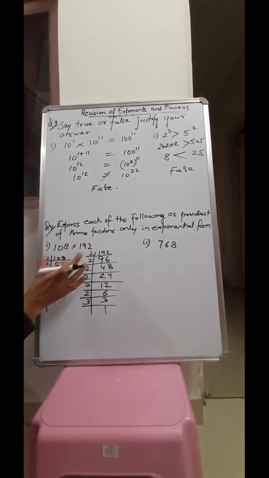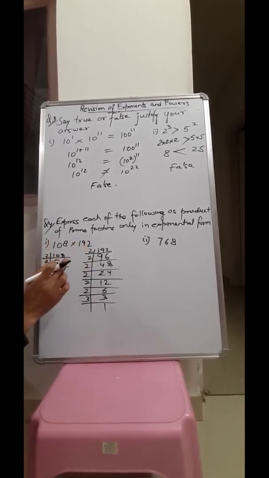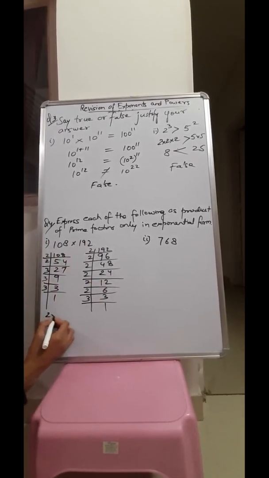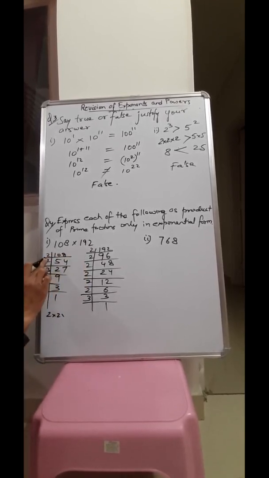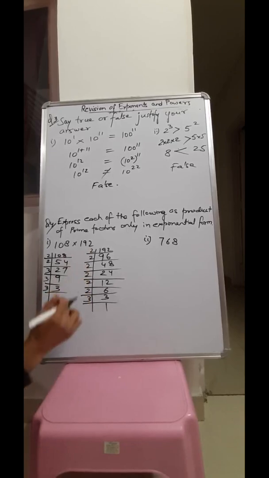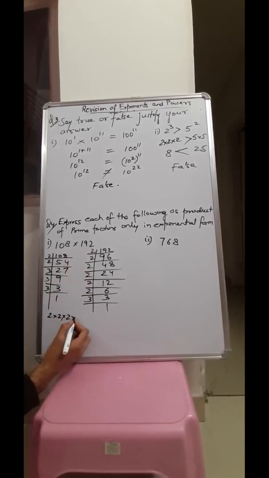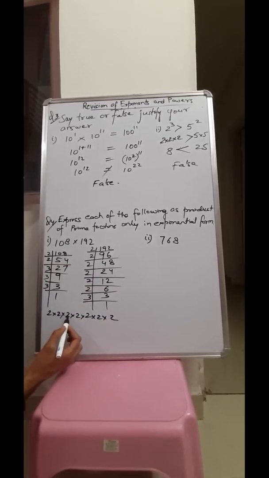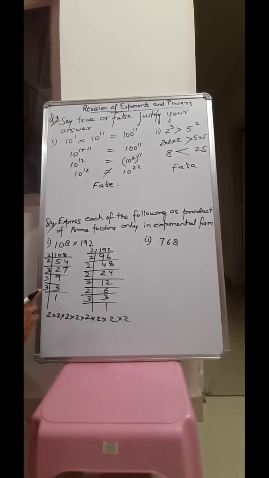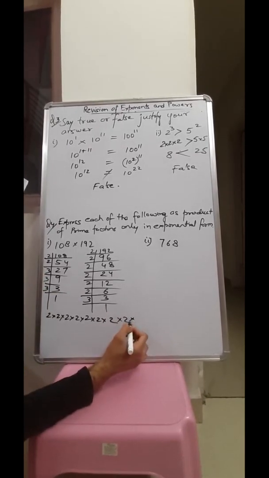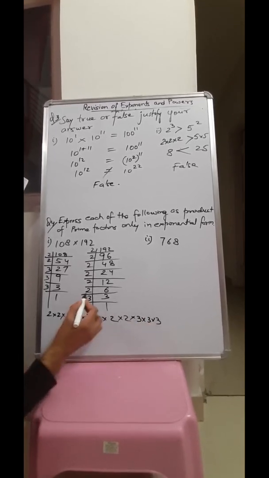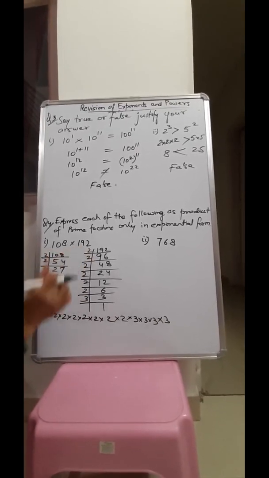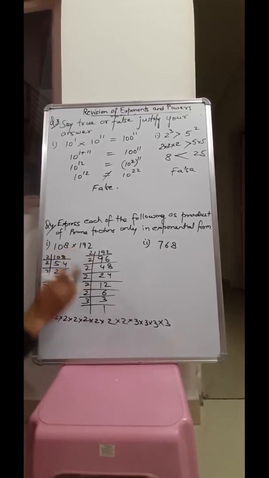So here we have to find the product of both the numbers. So the factors of 108 and 192, you are going to combine them. 2 multiplied by 2, and here 2 is coming 6 times, 1 2 3 4 5 6. In the first number 3 is coming 3 times, and here 3 will come 1 time. So we have to combine the prime numbers of both the numbers. We have to multiply all of them, because the sign is multiply.